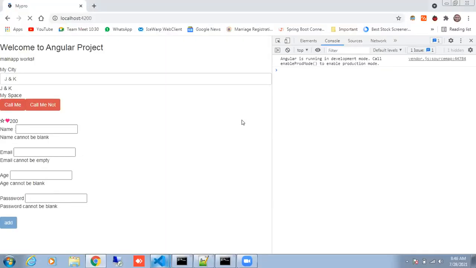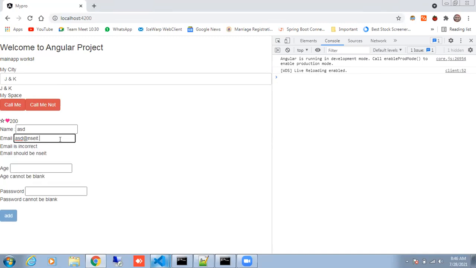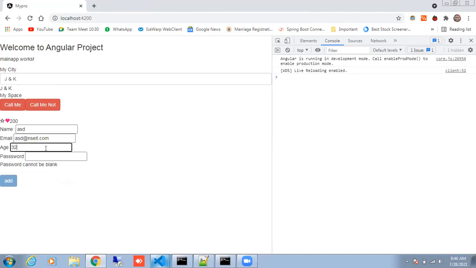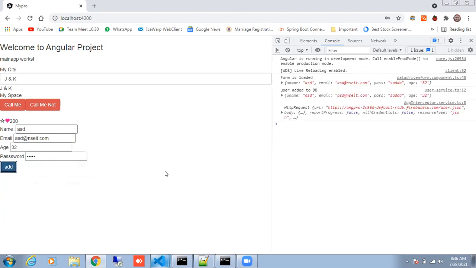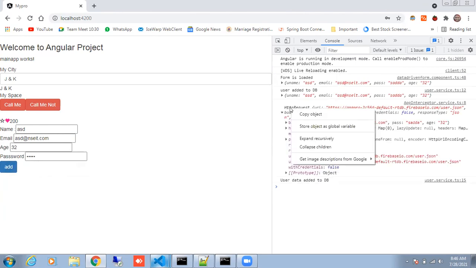Run it again. Now you can send the request to the backend. Fill up this form. Can you see this now? Yeah, this is your interceptor.